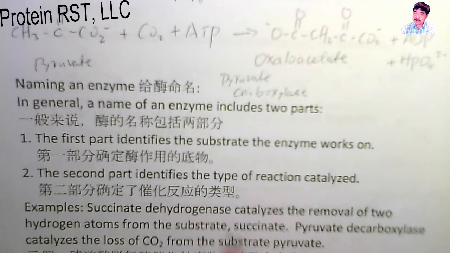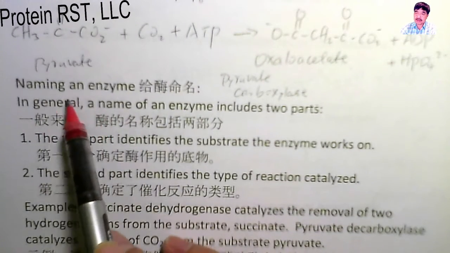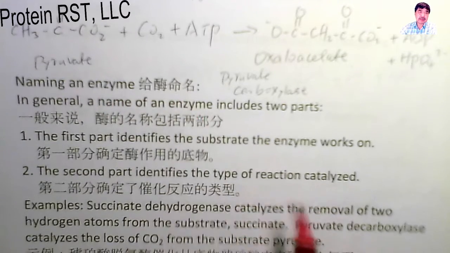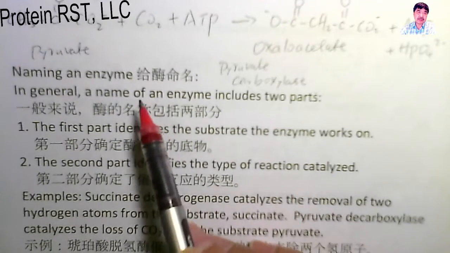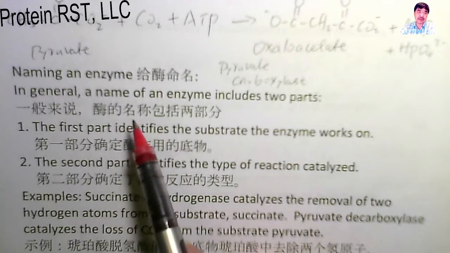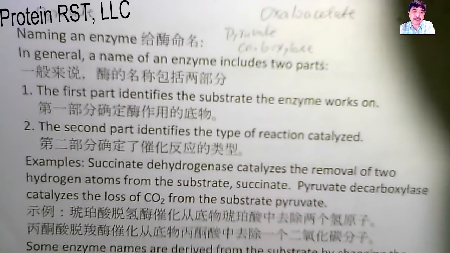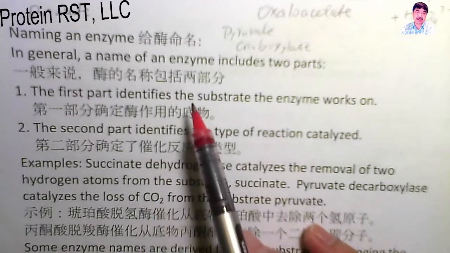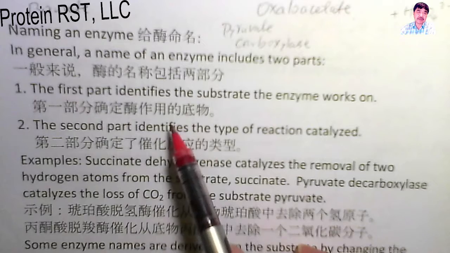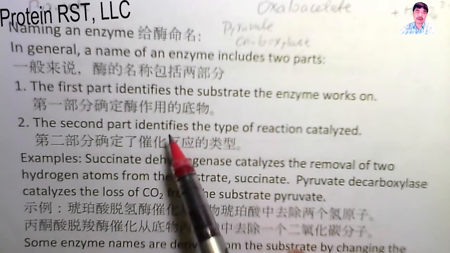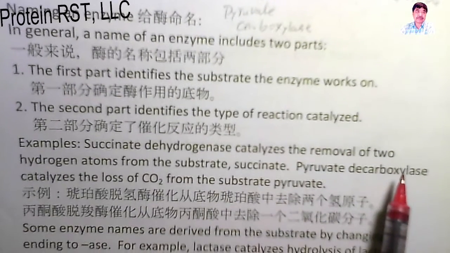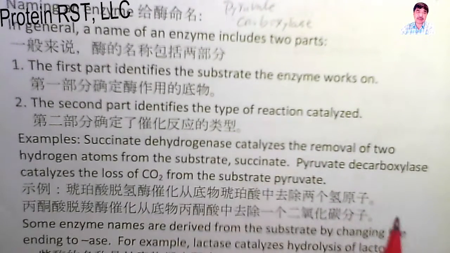And the last part, let's take a look at naming, how to name an enzyme. In general, the name of an enzyme includes 2 parts. The first part identifies the substrate the enzyme works on. The second part identifies the type of the reaction catalyzed. Example: